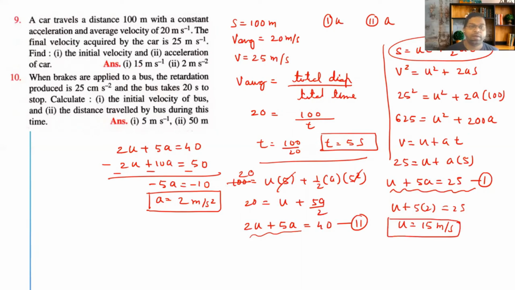Over here, can we also use the equation we got from v square equals u square plus 2as? Yes, that also can be used. But since there was a power of u square, that can't be used to solve simultaneously. One thing you could have done is substitute the value of u in that, but that will give you a quadratic. Again, you will have to